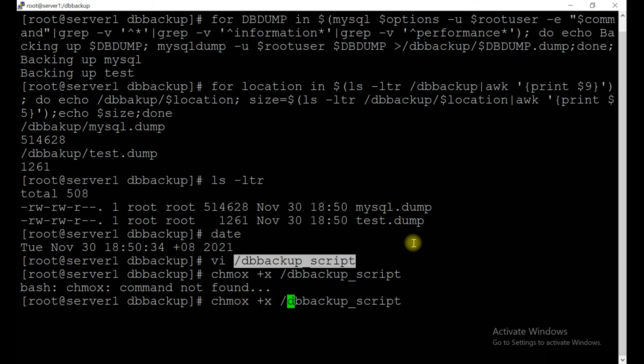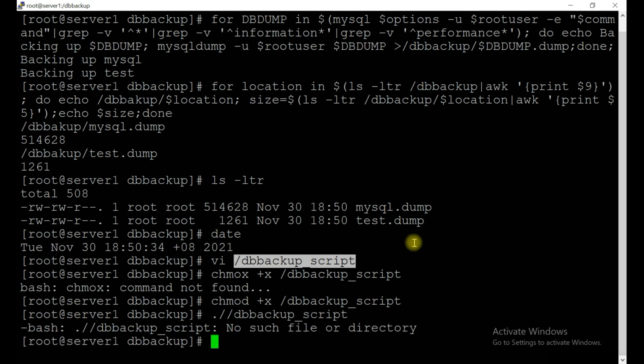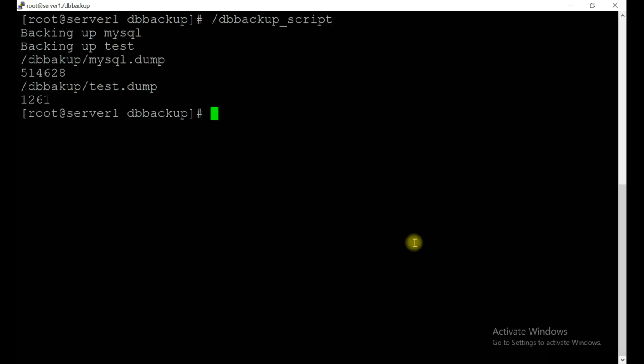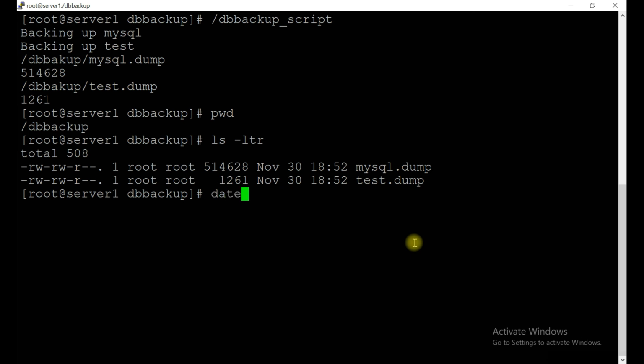Mode, sorry, it should be mode. Now run this script. The screen just runs simply. Okay, we can see this is running. Currently we are at this location, and if you see the date is this, 1852, this is completed.